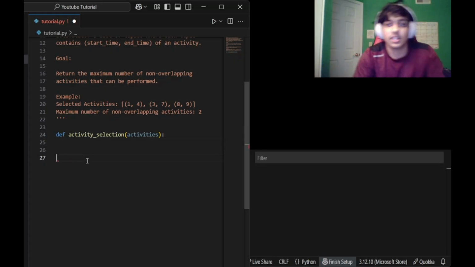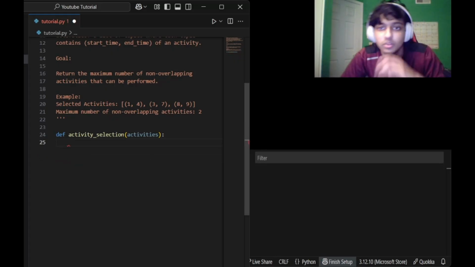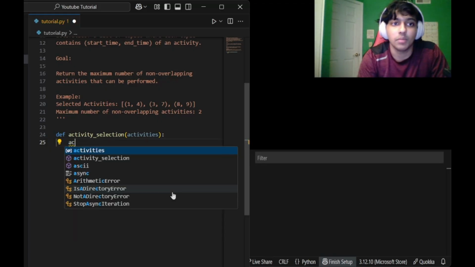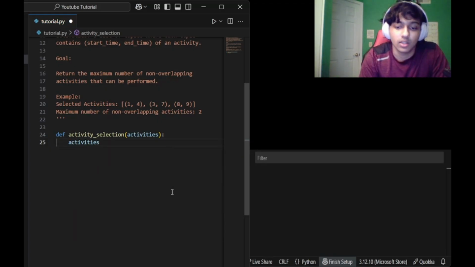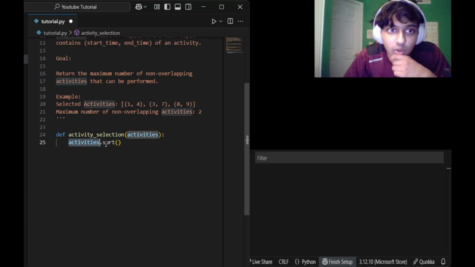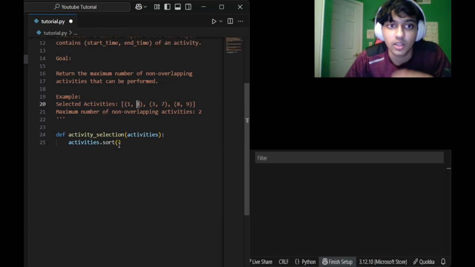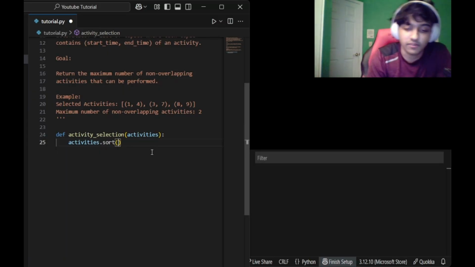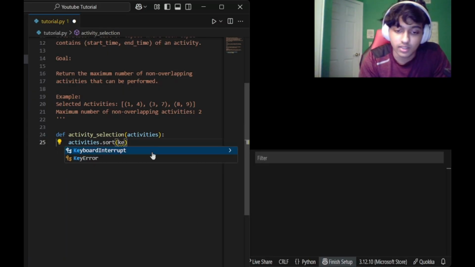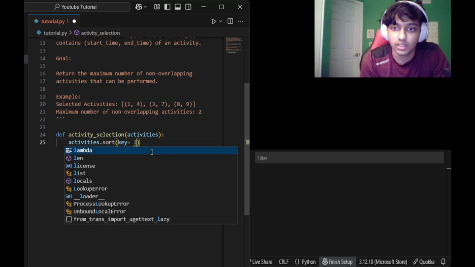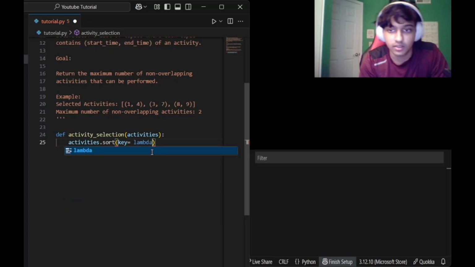The simple way to do this in Python, there are multiple different ways we can do this, but we're going to be using the sort function. We're going to be sorting activities, but the way we're going to be doing this is we want to make sure that we're sorting by the second element. So what we're going to be doing is defining a key. Key is equal to lambda x: